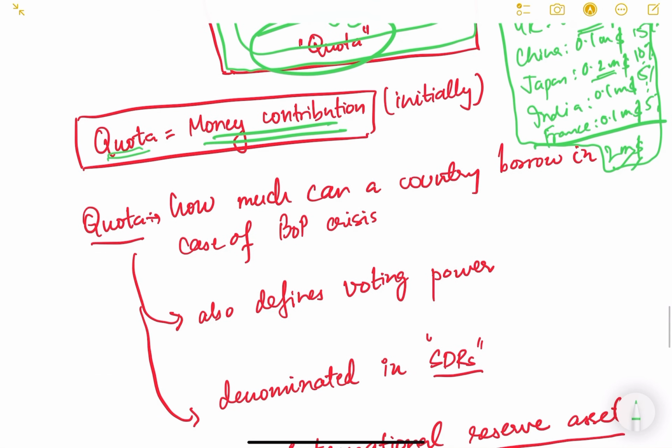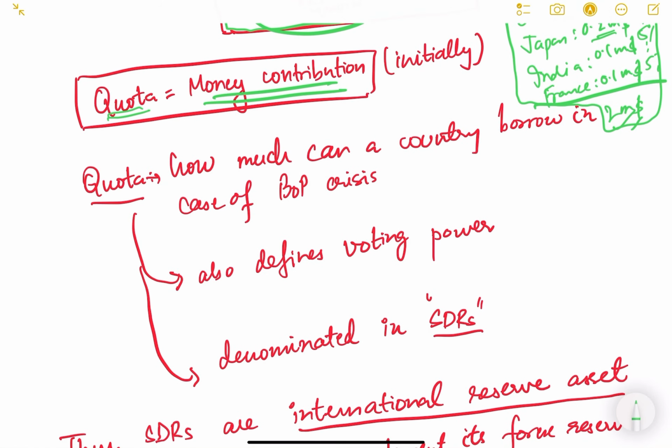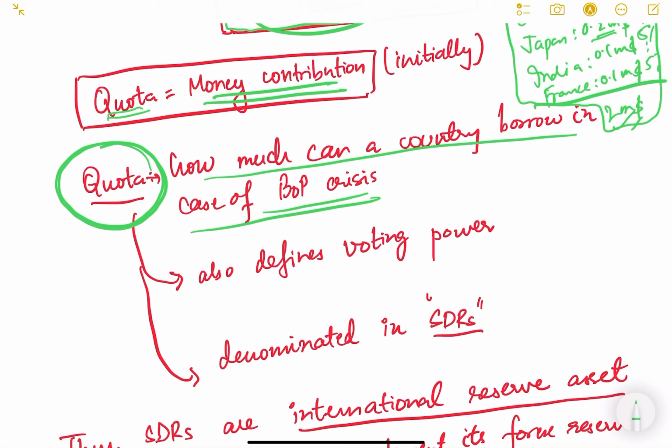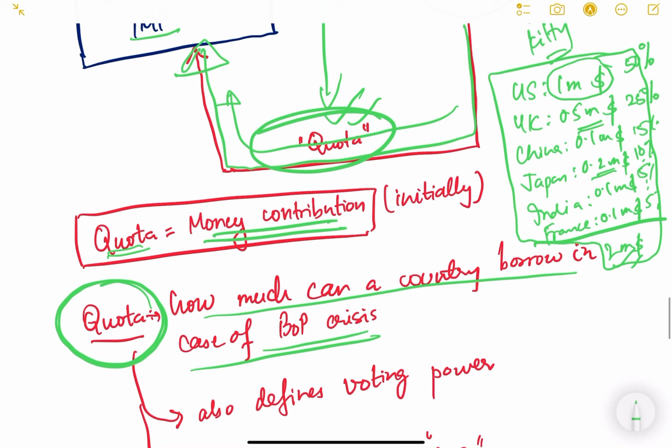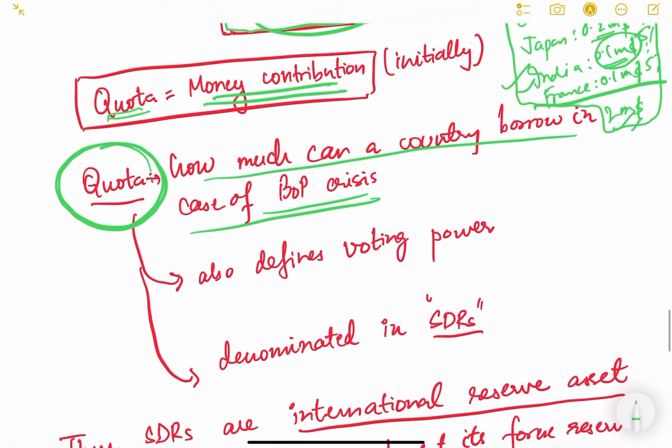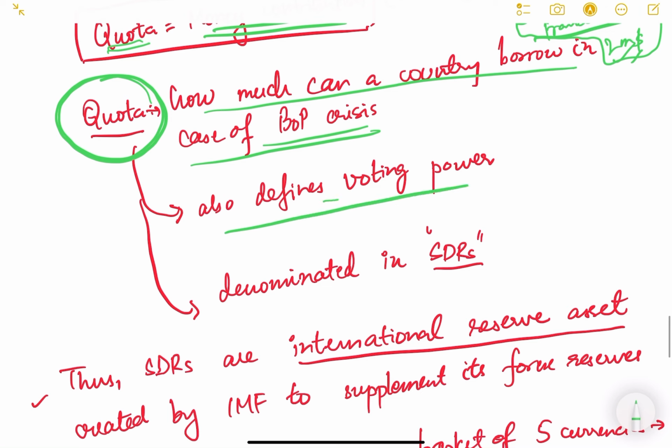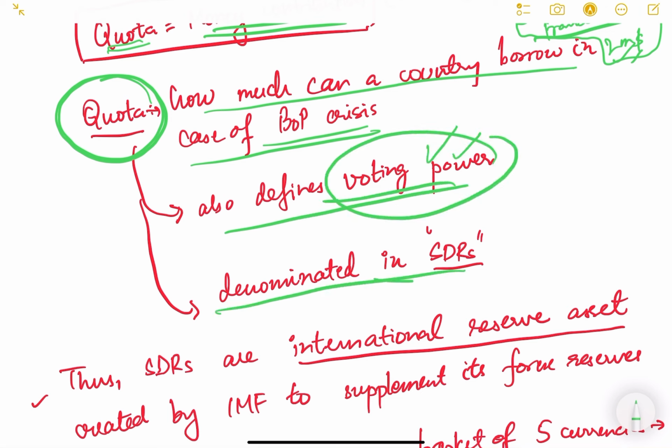But what is the importance of this quota? Now quota means what? Quota is how much you can borrow in case of balance of payment crisis. For example, if India is suffering from balance of payment crisis, it can borrow up to $0.1 million from IMF in that case. Okay, it can borrow that much amount. And it also defines the voting power. जितना आपने contribute किया है उतना आपको voting power मिलेगा. And these quotas are denominated in